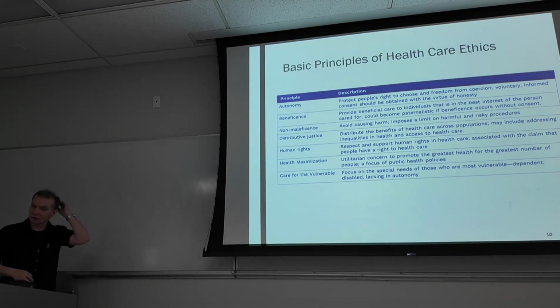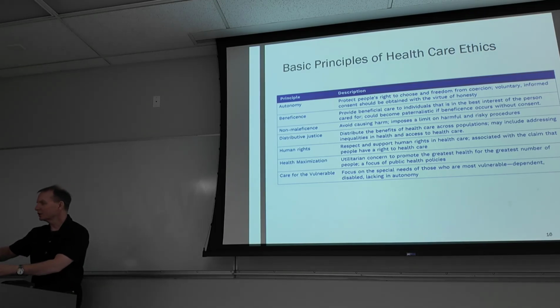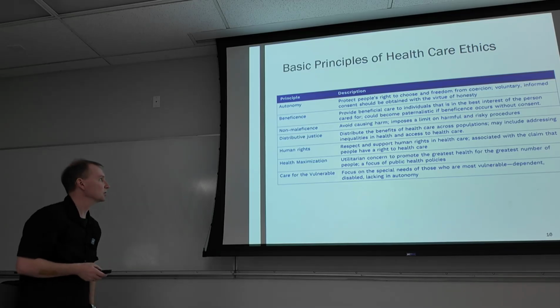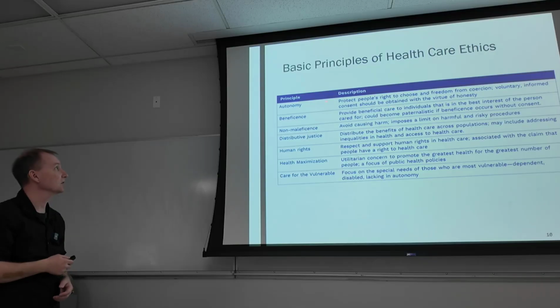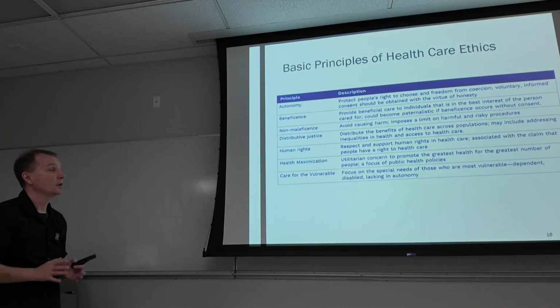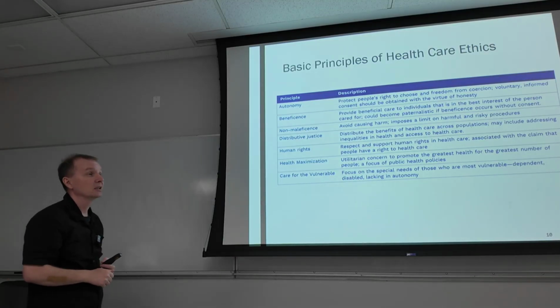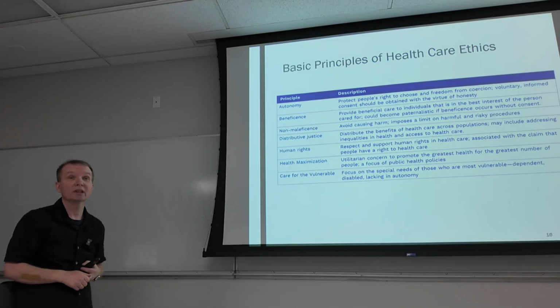So let's take a look. There's a nice table from the book with all those principles, and we will go more into them, but this is just a nice overall outlook. So the first principle is, like I said, autonomy. Autonomy, remember, that is what Kant was saying. So in other words, we are self-governing individuals. Obviously, that presumes that we do have a choice and should have a choice.